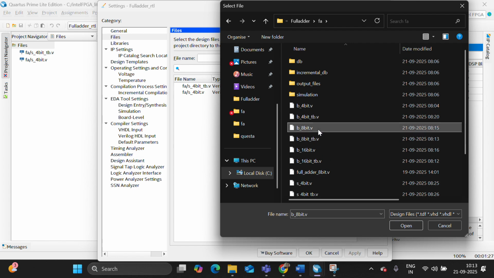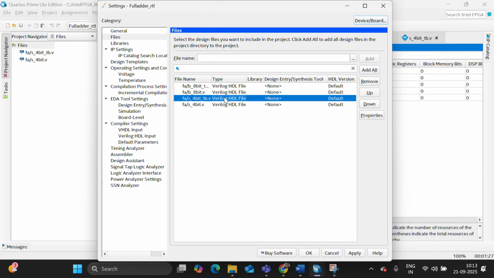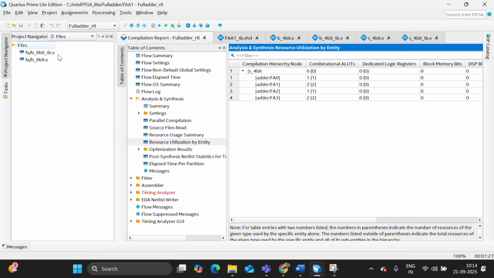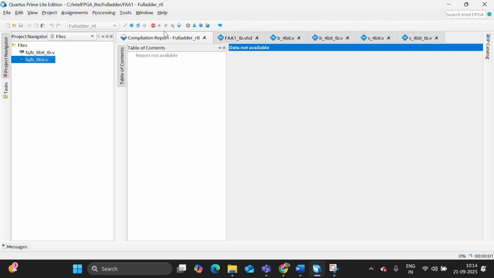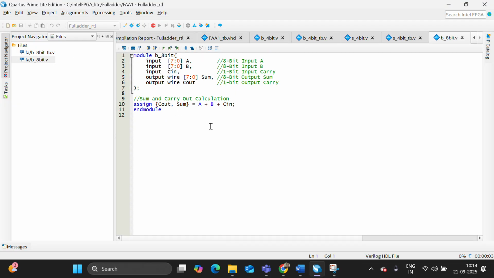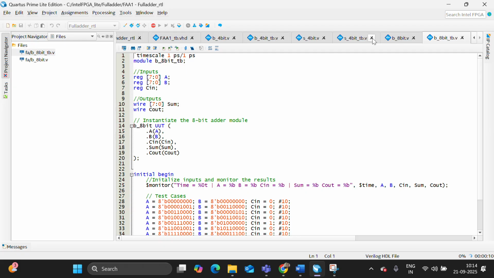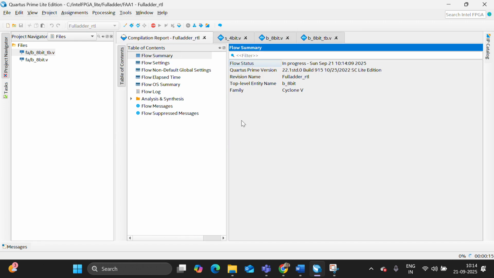Now let's add the 8-bit behavioral code and remove these two 4-bit structural codes. Let me make this the top level entity and simulate it. This is the 8-bit behavioral model code and this is the test bench. So yeah,